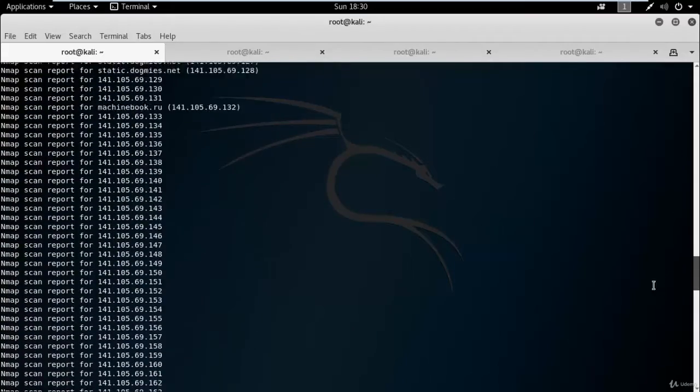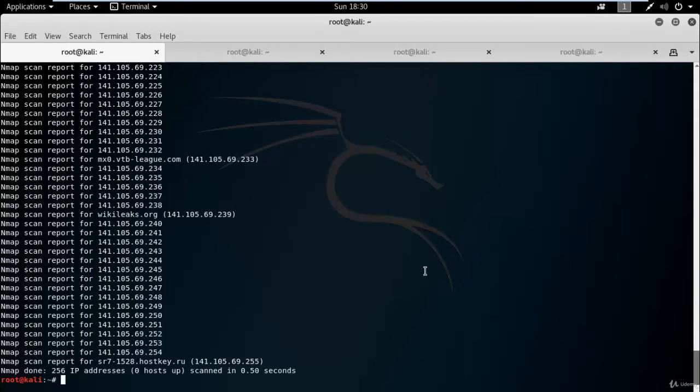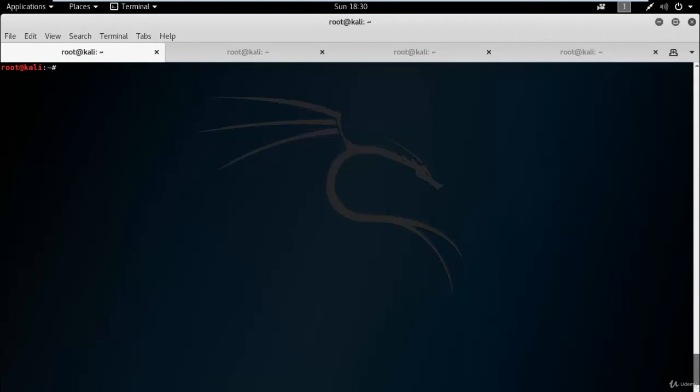So now let me scan a target device. Use nmap -sP, capital P, and -n for do not get DNS information. Here define the target device information, 192.168.159.166. 166 is the IP address of my Windows Server 2016.